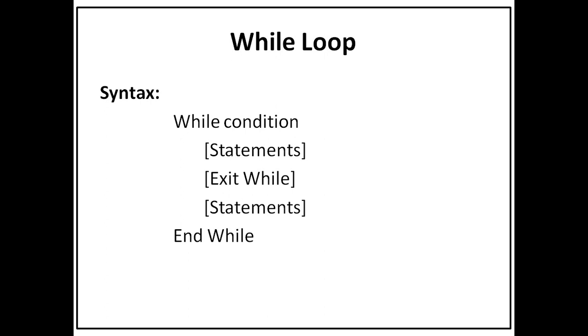Next is while loop. While condition: here we are required to specify the condition, and after that the body of the while loop. Now here we can also use exit while, so that the control will come out of the while loop. Now friends, we will execute some programs which show the use of do loop and while loop